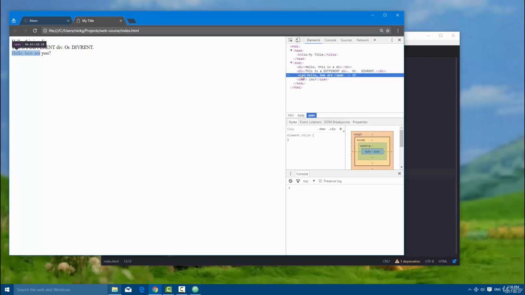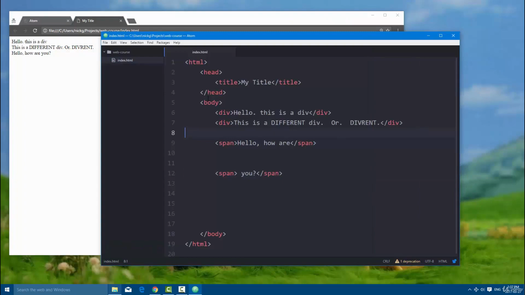Admittedly, these are going to be the two elements that you use most in creating a web page, but we're not going to use them exclusively. There is a name for that. When you open up a website and all you see are div elements, that's called div soup. And that problem has been solved with HTML5 and the introduction of new elements that we can use instead of div elements. We're going to be discussing a lot of those as well, and I'll point those out as we get to them. So again, just to recap, you build an element by opening and closing it, and then the content that you put within it is part of that element. The entire element is that right